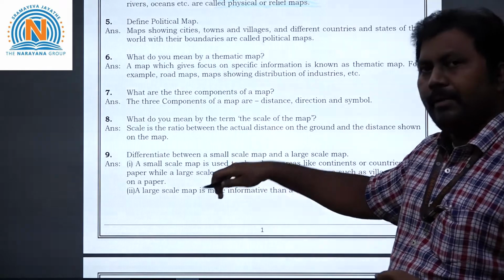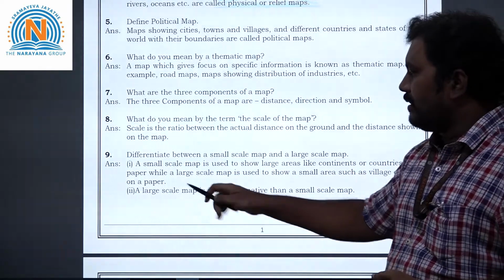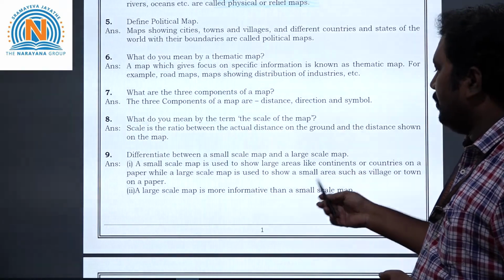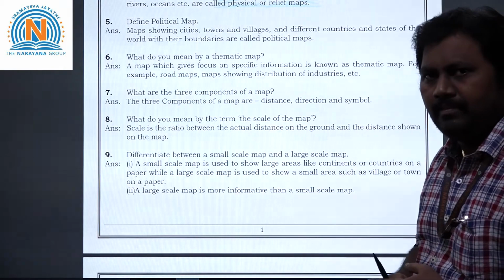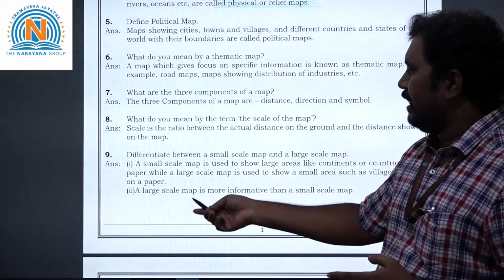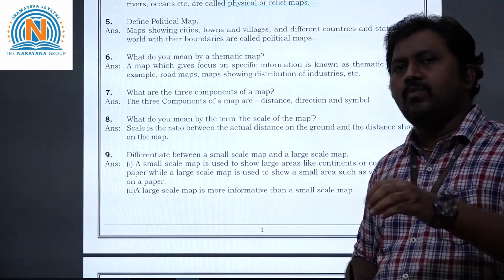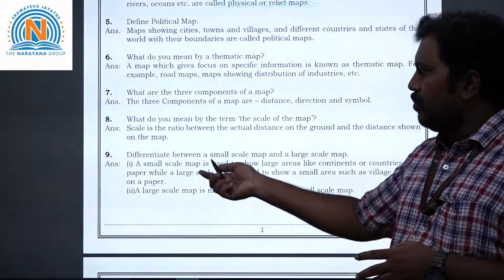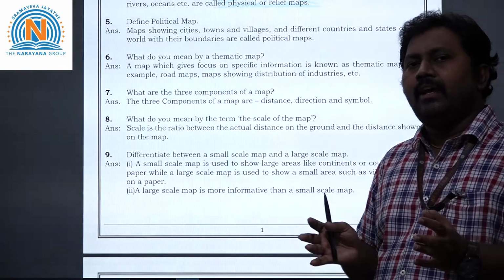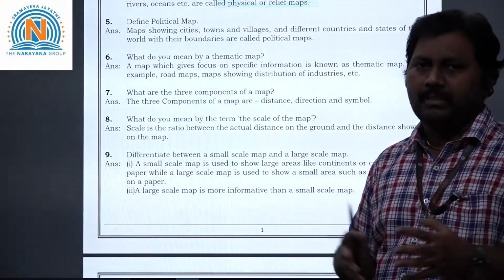Why? Because a large scale map shows in depth, villages, towns, cities, etc. Whereas a small scale map shows only large areas like continents and oceans.